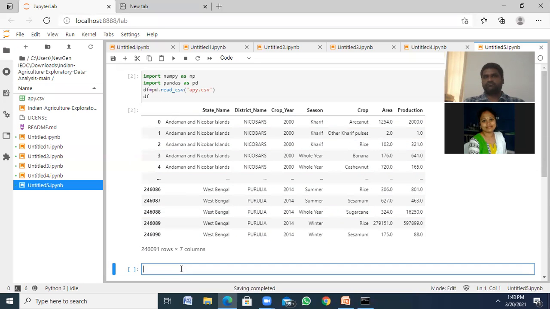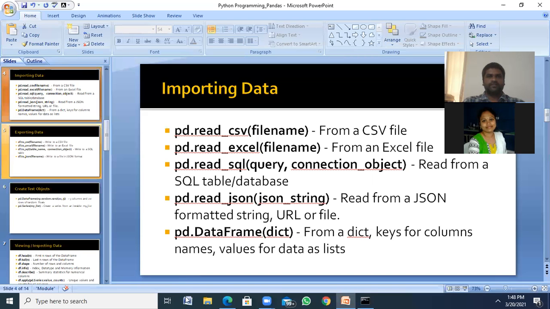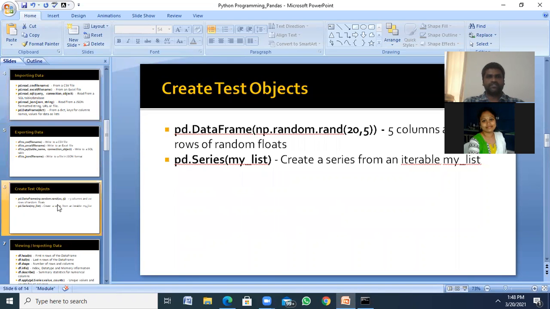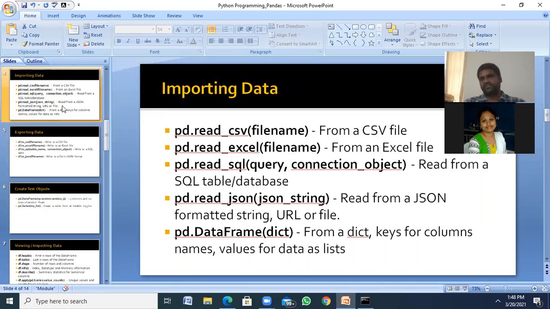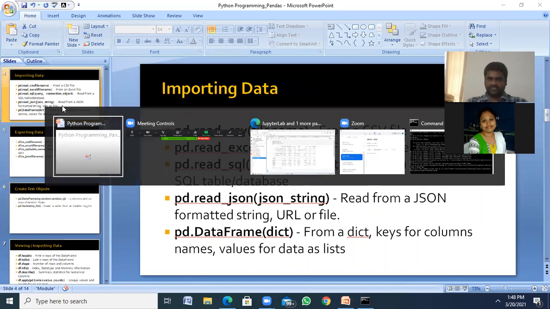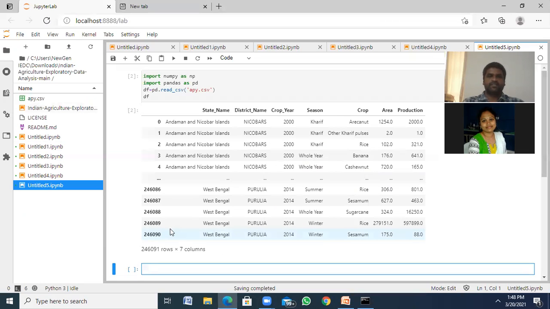And the second way: how can we create a series and data frames? Here we have 2 things, data frames and series. Before that, we need to create a data frame by using a dictionary. Okay, we will do it once first. Let's say my dict is equal to,